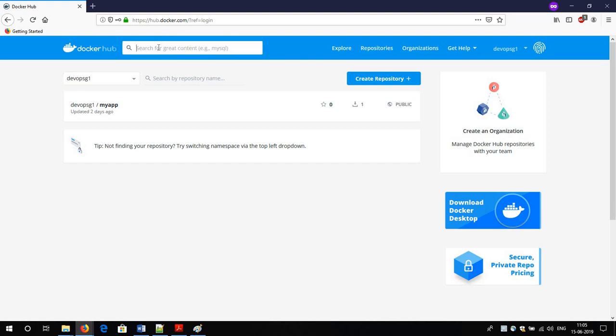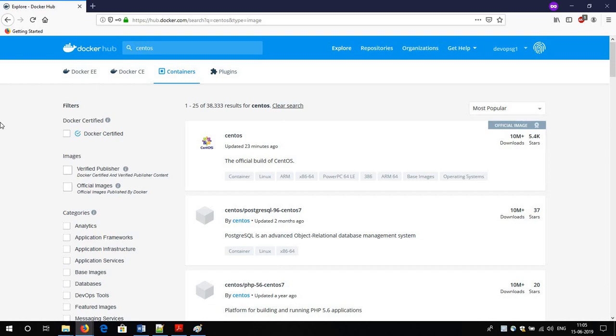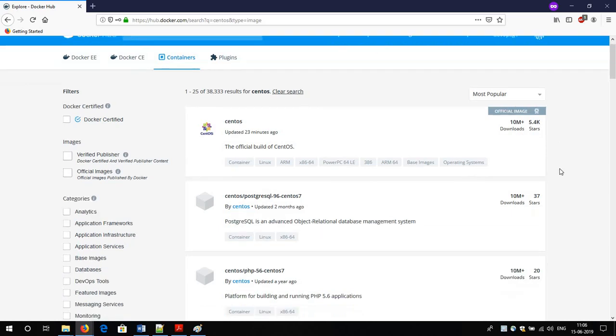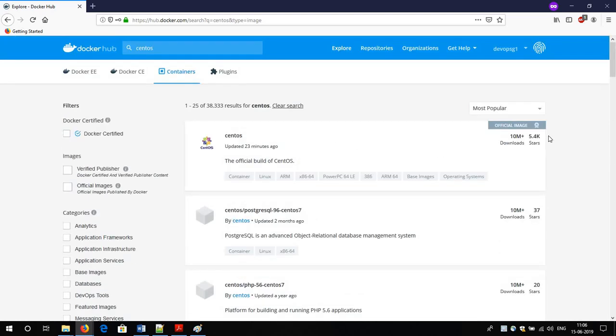So see, if you want to get CentOS images, all the images you can find in Docker Hub. There are millions of images found in Docker Hub. Suppose I want to pull the CentOS image. You are able to see that if you search for CentOS, you get multiple options. Then which one should you go for? Always try to look for the official images mark.